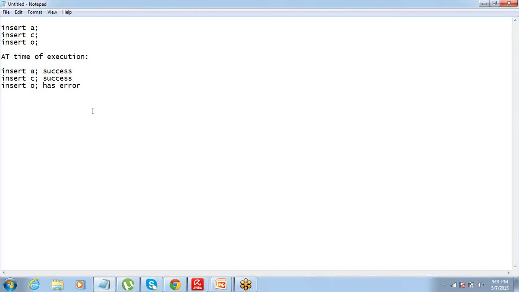Okay, let me try to make this long process a little shorter for you. The order of execution is: first, if it is through a layout, then layout-specific validation.